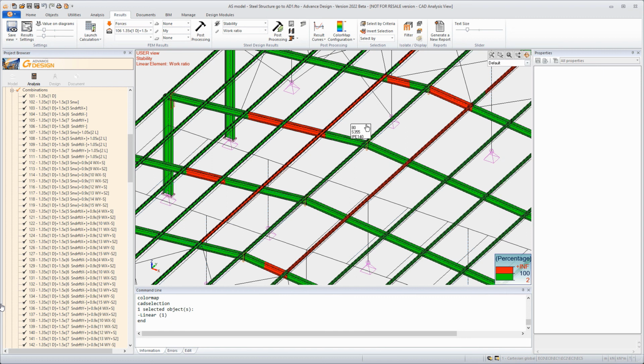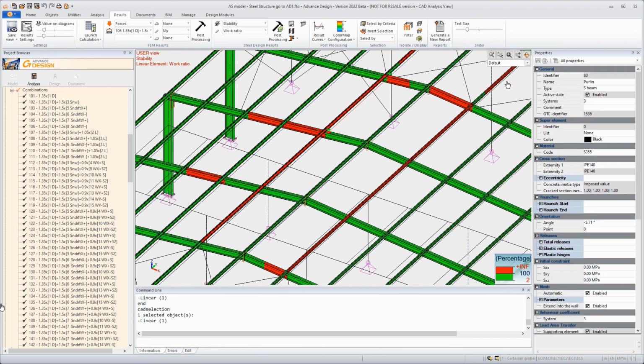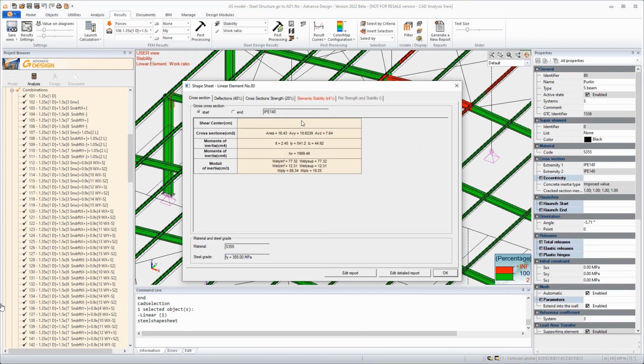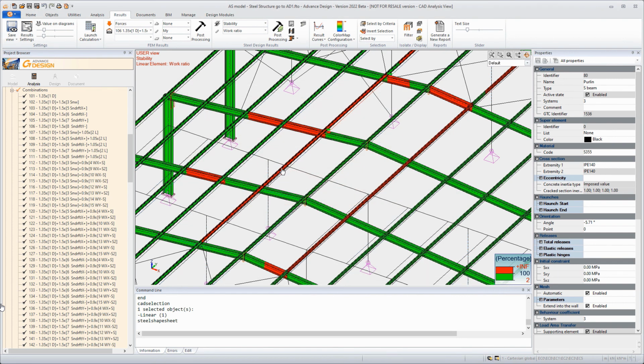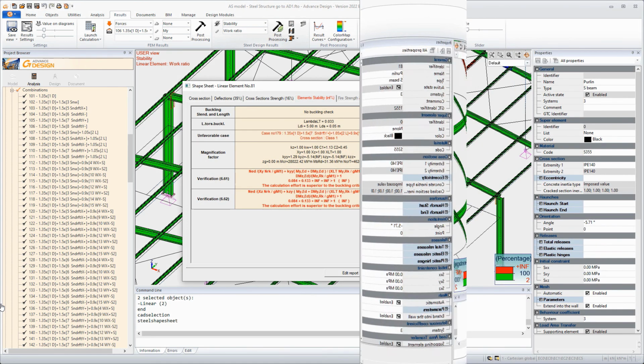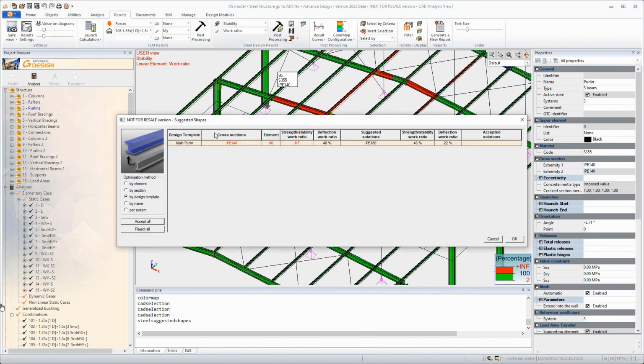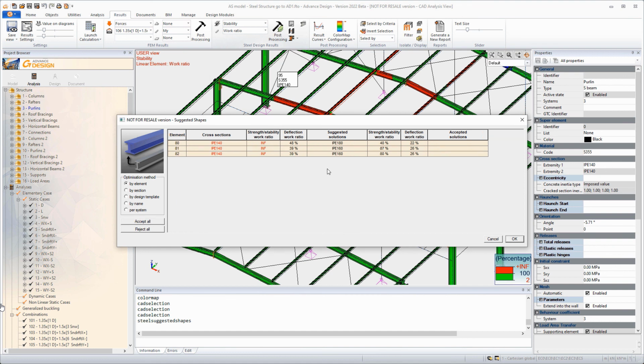You have some specific command to manage the graphical color scales, or some assumptions or settings. You have various settings regarding the way you want to display results on your model. So now we will focus on the optimization of the steel section, because it's possible in Advanced Design